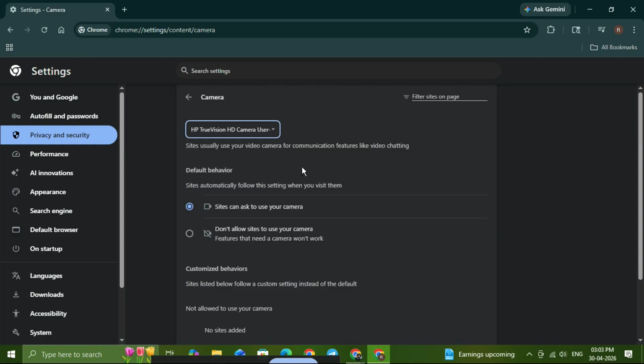If it still doesn't work, refresh the page and try again, or check whether another app is already using the camera in the background. So, just to recap, go to Chrome Settings, open Privacy and Security, choose Site Settings, click